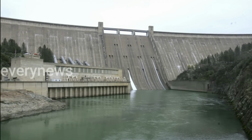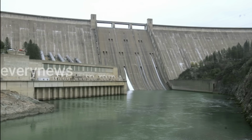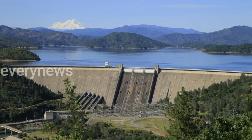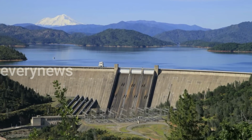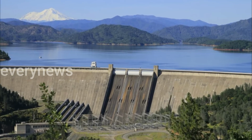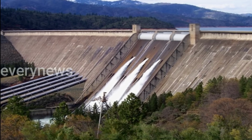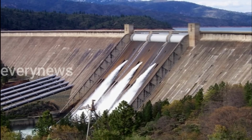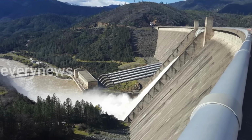There was concern about possible seepage on the earthen-filled Oroville Dam following a failure of that dam's spillway in 2017. In February of that year, large chunks of the concrete spillway gave out, forcing a precautionary evacuation of about 188,000 residents living downstream. No damage was caused beyond the spillway collapse, but residents and officials, already wary of the condition of the dam, were concerned about a green area they noticed on the face of the dam, with vegetation growth